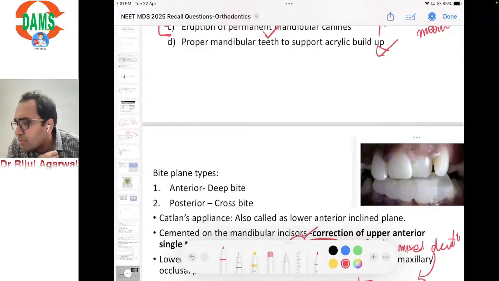Mark permanent mandibular canine, very good. Apart from tags, what other appliances can be used for maxillary expansion after suture closure? If the suture has closed, okay,